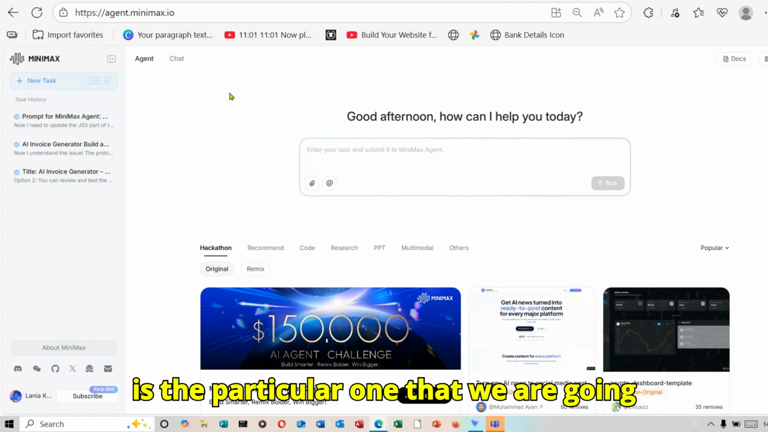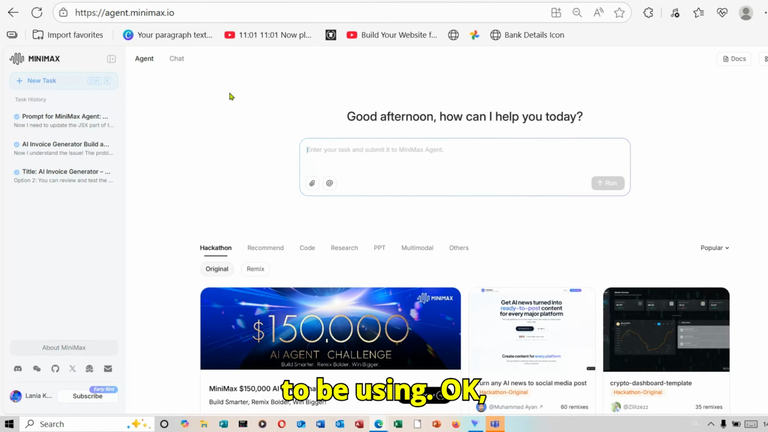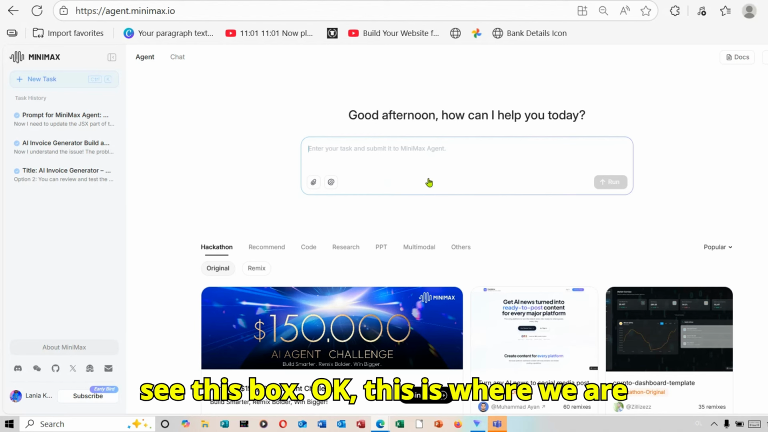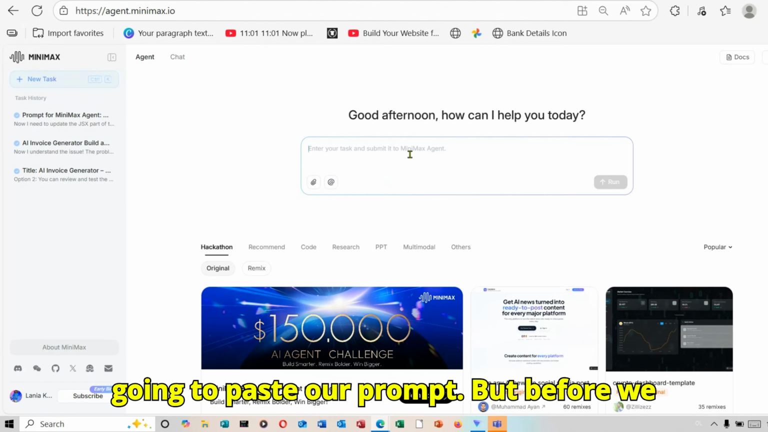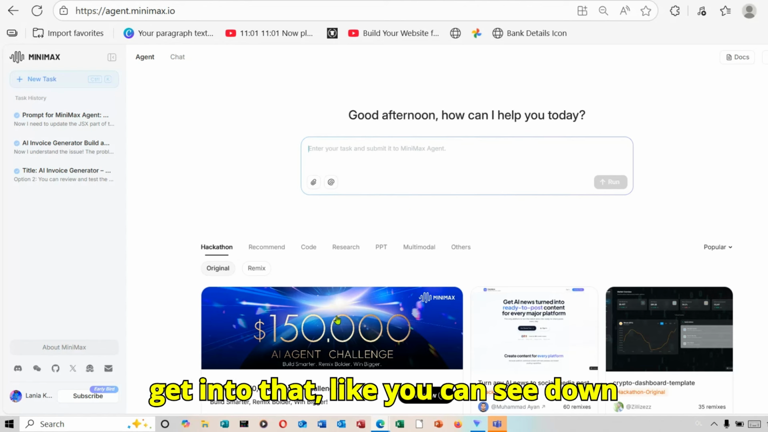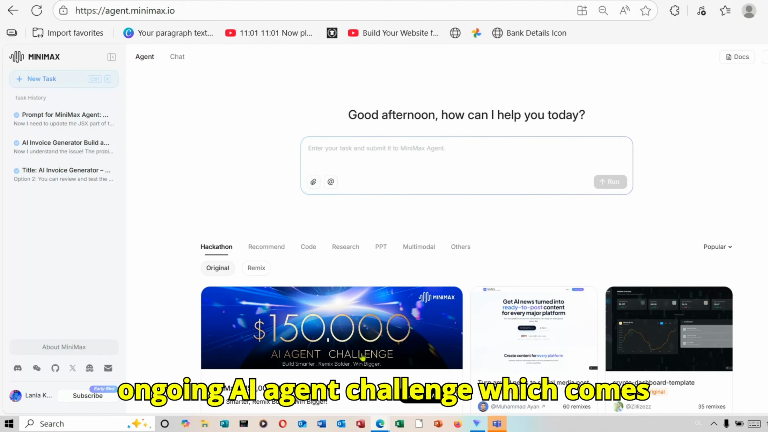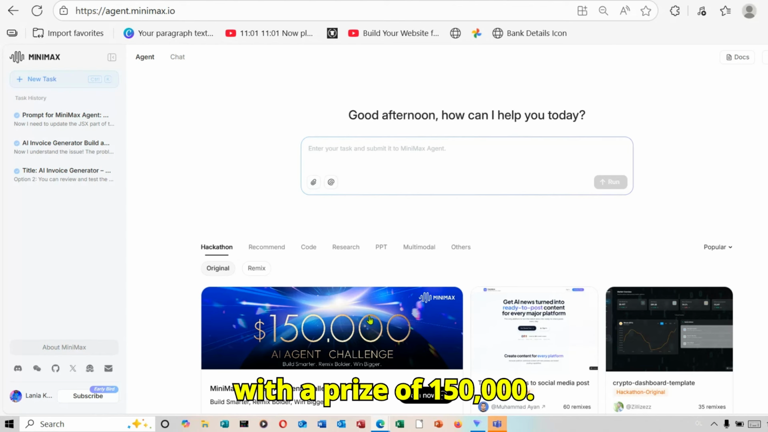agent.minimax.io. This is the particular one that we are going to be using. Okay. Once you come down here, you're going to see this box. Okay. This is where we are going to paste our prompt. But before we get into that, like you can see down here, Minimax currently has an ongoing AI agent challenge, which comes with a prize of